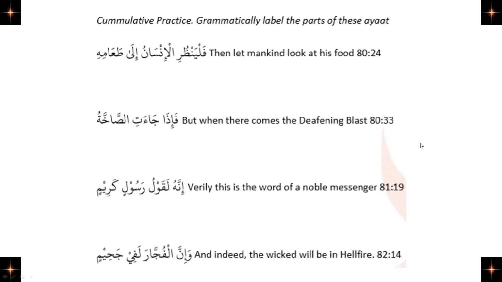Do the I'rab of فَلْيَنْظُرِ الْإِنسَانُ إِلَىٰ طَعَامِهِ. Note the steps. The steps of I'rab: number 1, identify the kalimat, the ism, fi'il, harf. So you know this is a fi'il, this is a harf, and this is an ism. Then the second thing, do I even have fragments in these sentences? Quickly browse through with your eyes. Oh, there is one fragment. Easy. And then you consider the sentence. So you have to be following those steps,